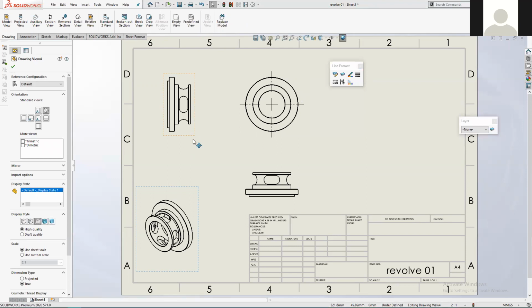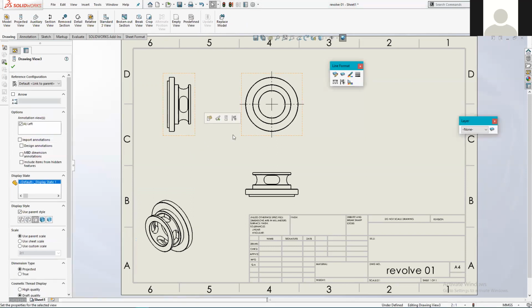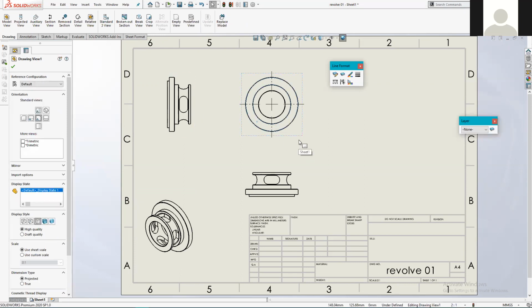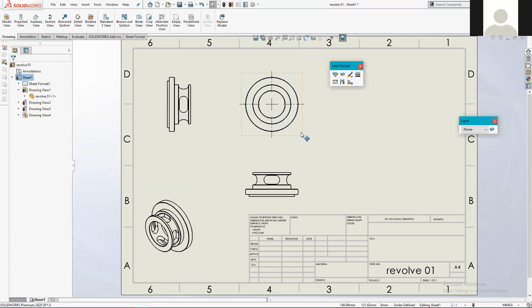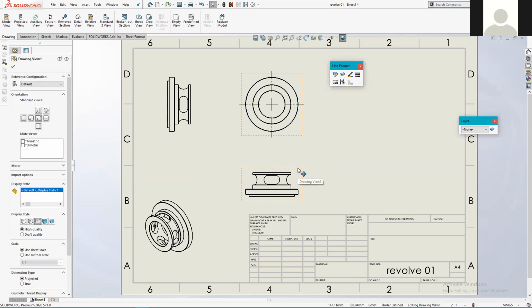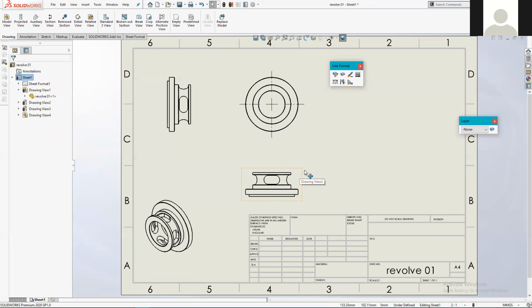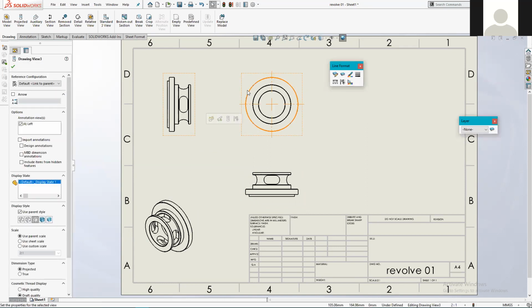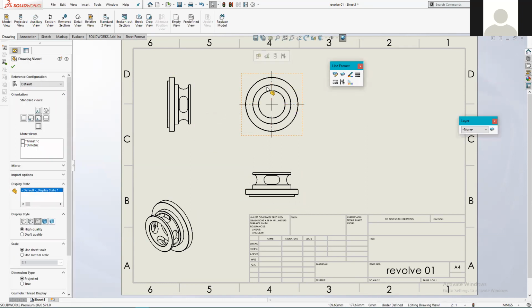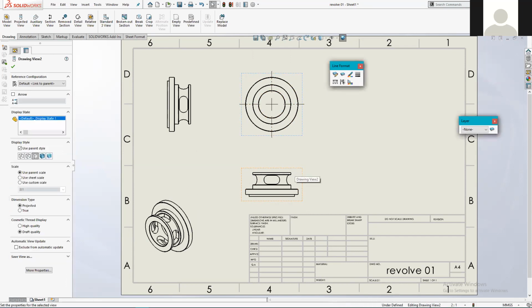So any of these views, I'll just temporarily click on some of these other views. And when I click on them, I tend to, just through habit of using SolidWorks drawings, click on the box that appears around it. It's just a safer way of selecting a view than trying to click on the actual object itself. So you've got to realize that these views are sort of self-contained within their own little viewport, if you like. And as you approach the view on the drawing page, that viewport sort of highlights. And it's easier to select the view that you want by clicking on the viewport or the edge